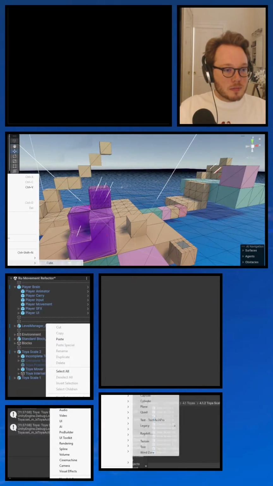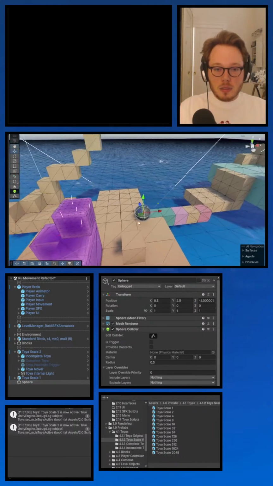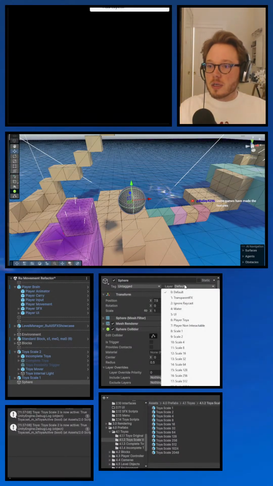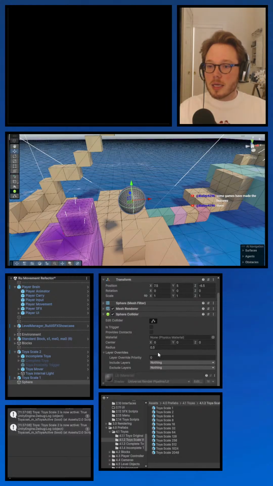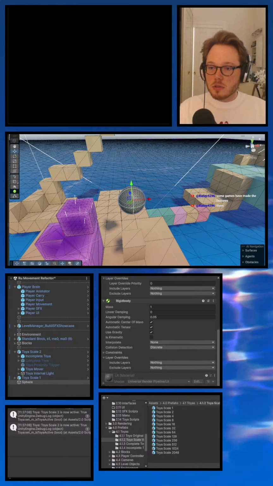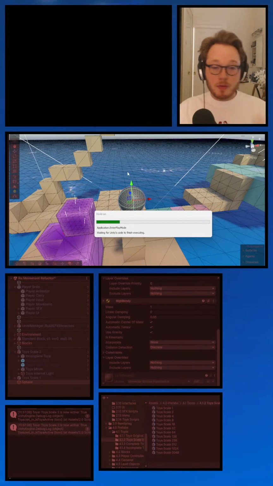This is very strange. Every now and then I have big trouble with collisions. So I'm just going to do a little test where I make this sphere be on the TOYA layer and have a rigid body. Some games have made them features.